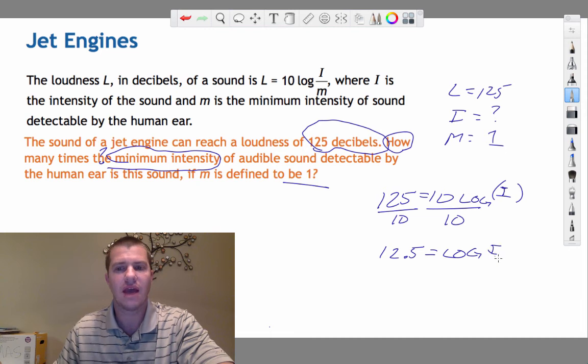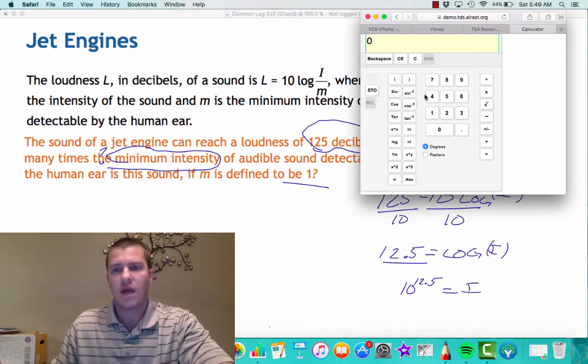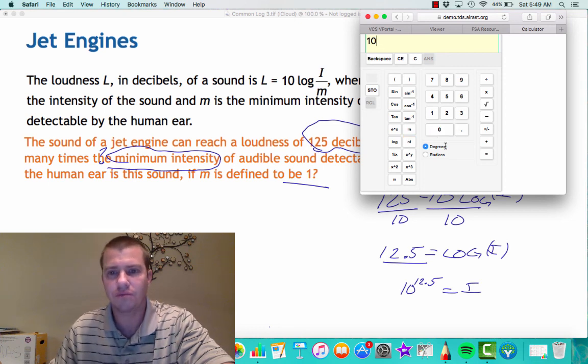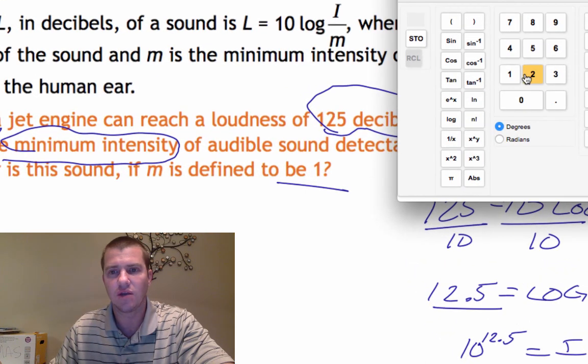And now I can change it to exponential form. Keep the base, which here is 10, raise it to the other side of the equation, 12.5, and that is equal to what's inside the log, which is I. Showing you how to do this in the FSA calculator, I'm going to take 10, raised to, the caret here is x raised to the x, so 10 raised to the 12.5 is equal to